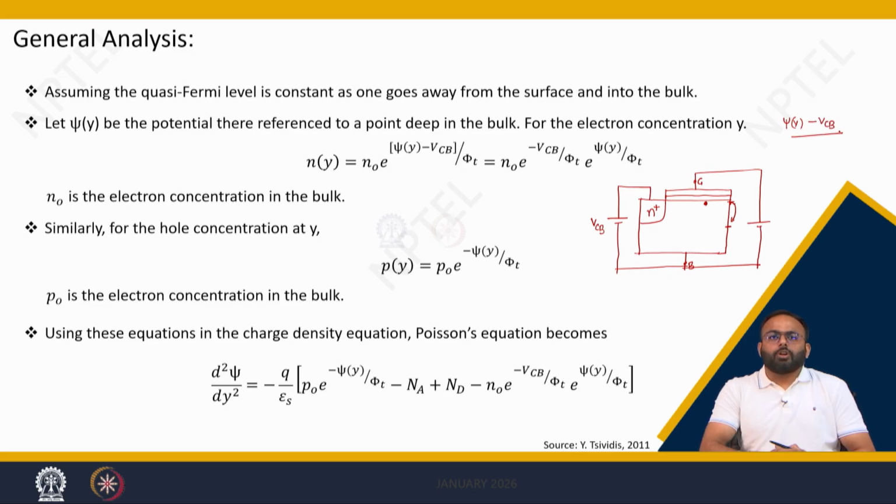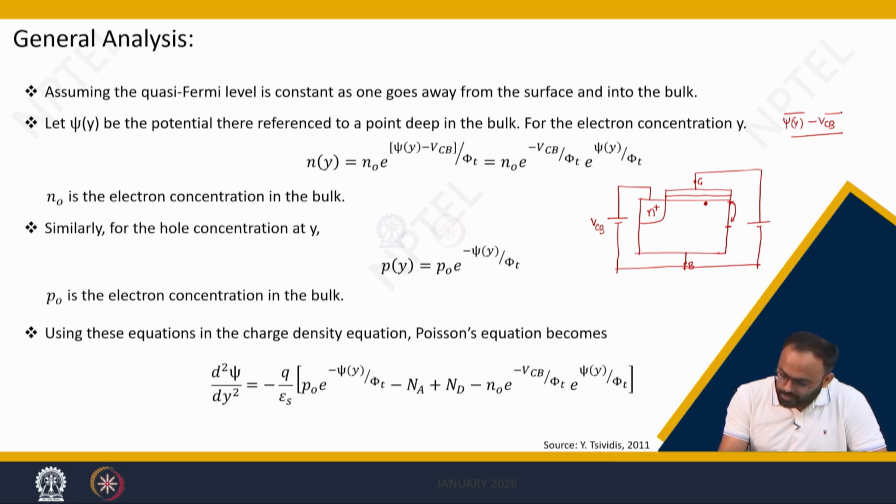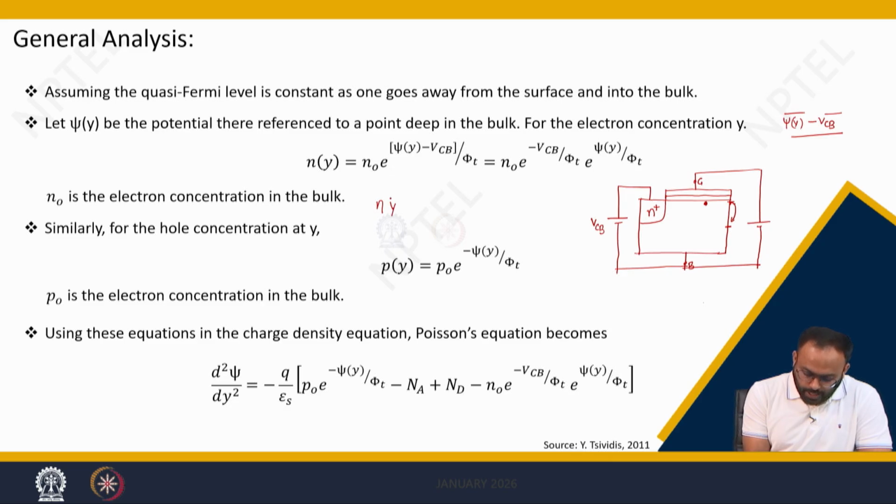It means it is not about how much surface potential you have to attract the electron. Instead you can say how much surface potential you have over the VCB value. So you need to take psi y minus VCB. So if I want to write a junction law again to find the total electron concentration near the surface, and this is again the y direction, this is the x direction, so n y can be written as n naught e to the power of psi y minus VCB divided by